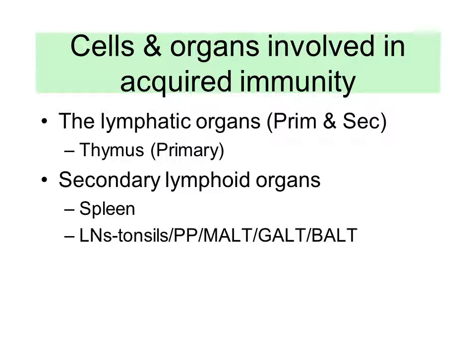Okay? And then there are a bunch of other things that I'll discuss. Peyer's patches in intestine. We have mucosa-associated lymph node. We have gut-associated lymph node. We have bronchi-associated lymph node. So there's a lot of lymph node.